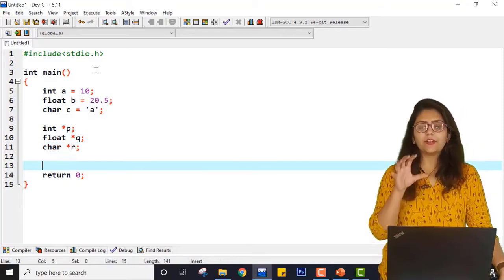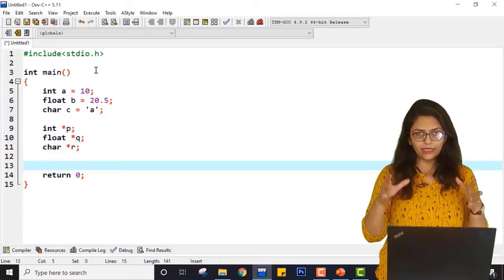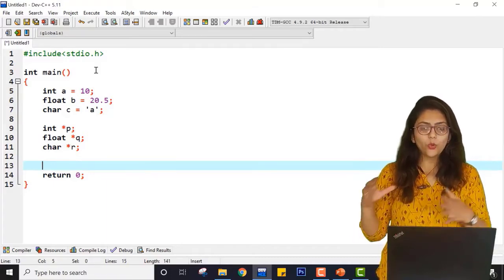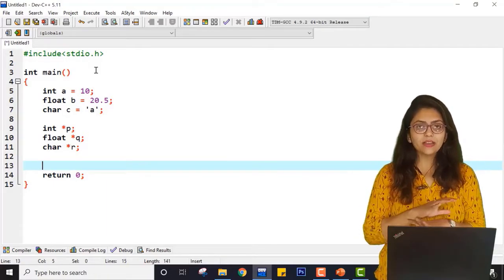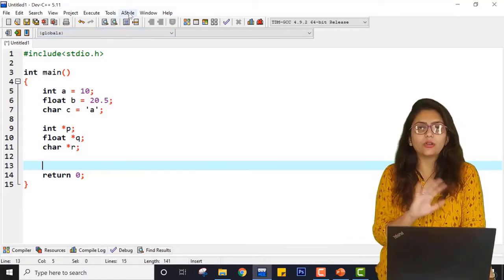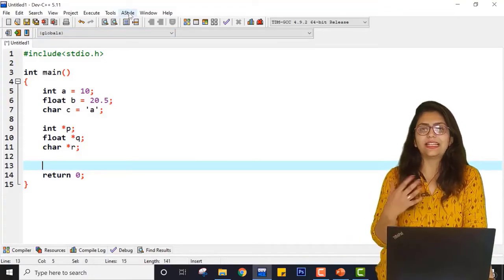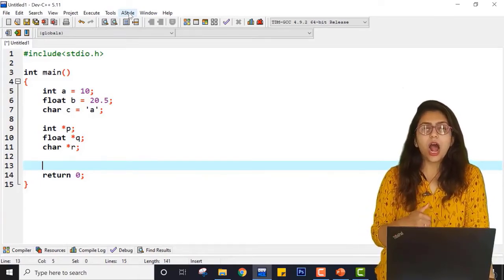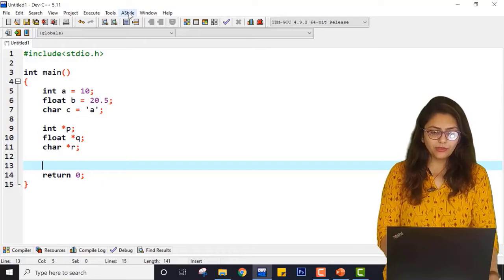So here I have created three pointer variables p, q and r, which currently have garbage values, because right now we are not assigning any value, so they are not pointing at any address.